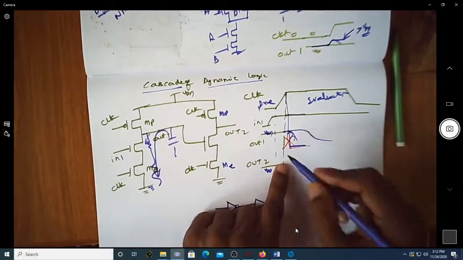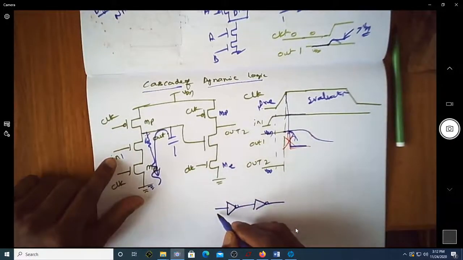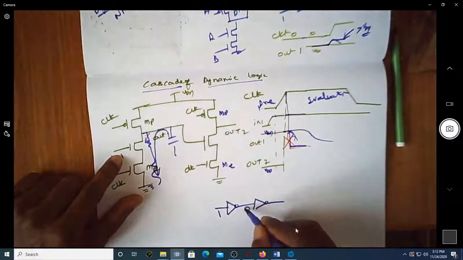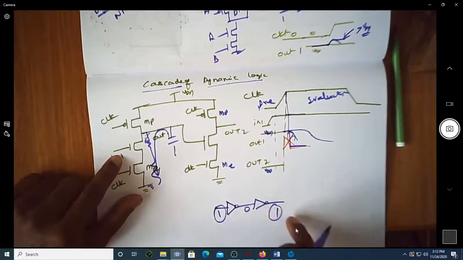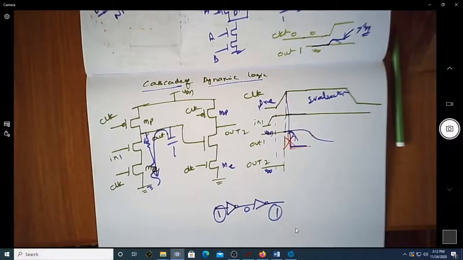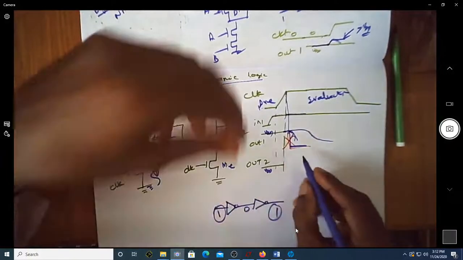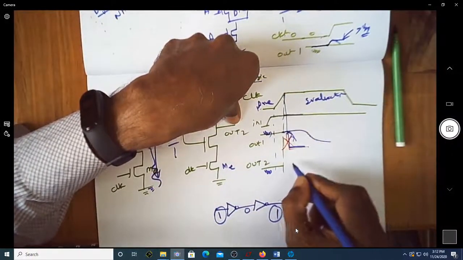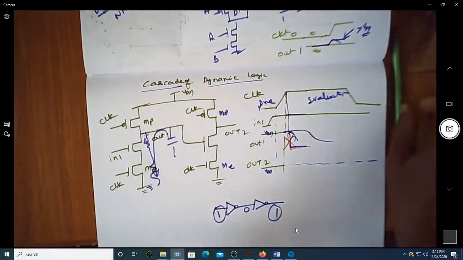So what we actually expected was, as soon as this input is 1, the output is 0 here, and this 0 should become 1. So we are supposed to get 1 as 1 only. So this should remain at 1. Our expectation is the output should remain at 1. Let us see what happens.